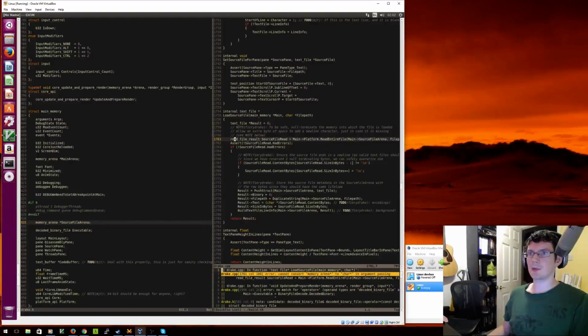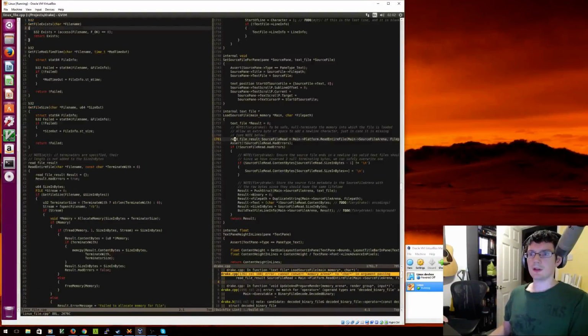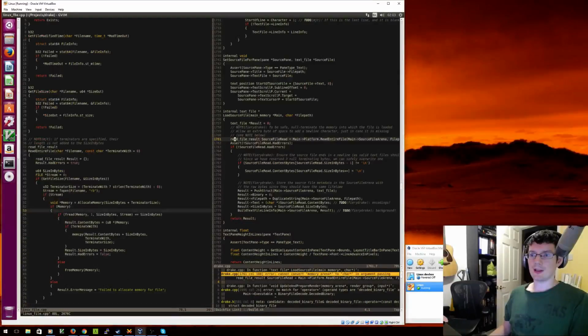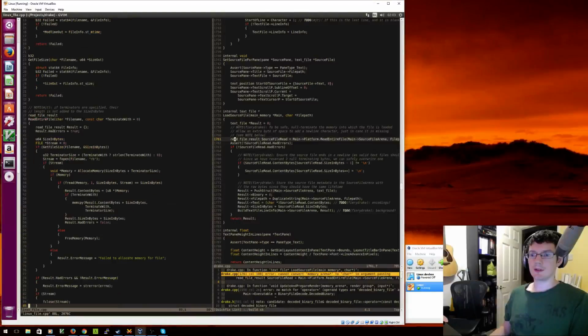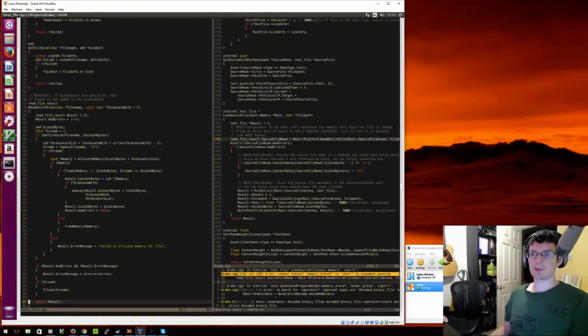So let's just pop over here and go into links file. And here, I'm using allocate memory. So what I want to do is instead use a different allocator. So probably just going to have to abstract this out with